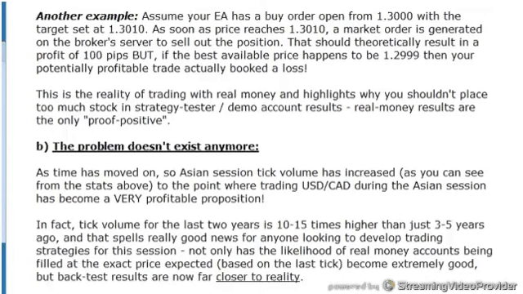If you design a strategy, backtest it. Use the CAD Asian session. There's a much, much higher probability for it to cope with real money live market conditions. And here's